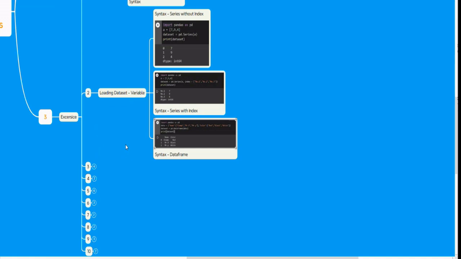So I have created the variable for series and data frame. What if I want to get the data from a file? The user has already created one file and passed all the information needed. From that particular file, I want the information to be stored in my program. For that, what we are going to do is